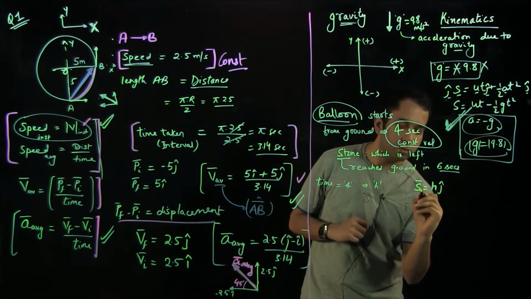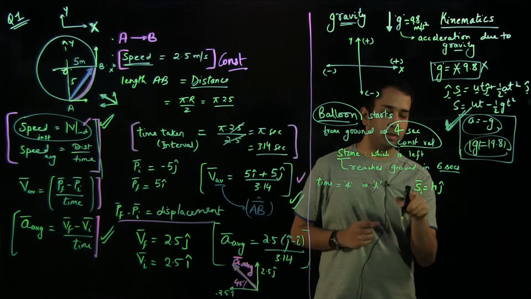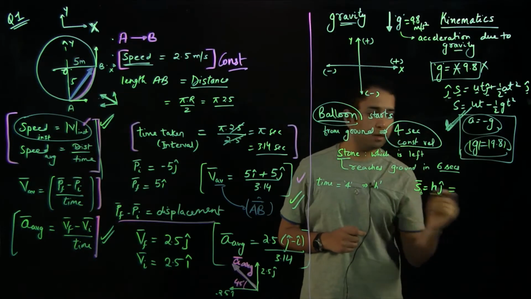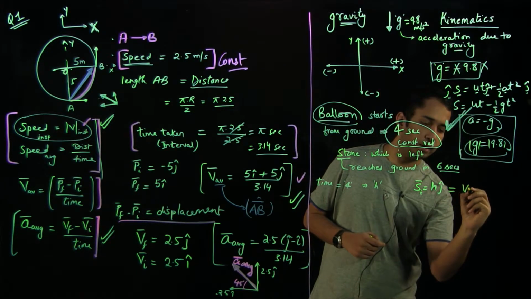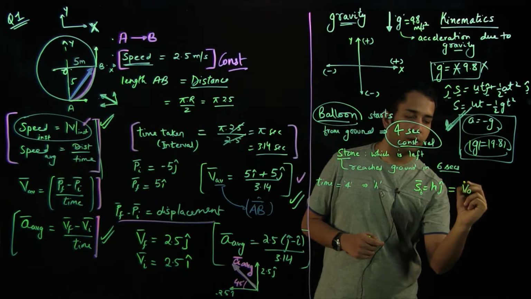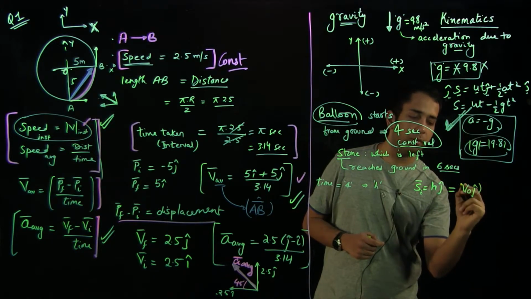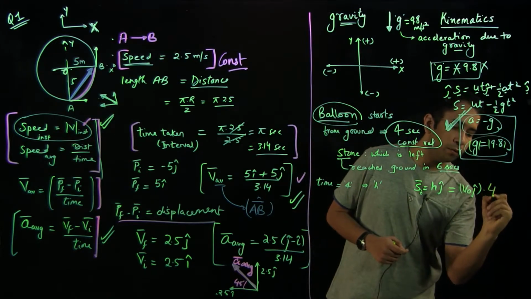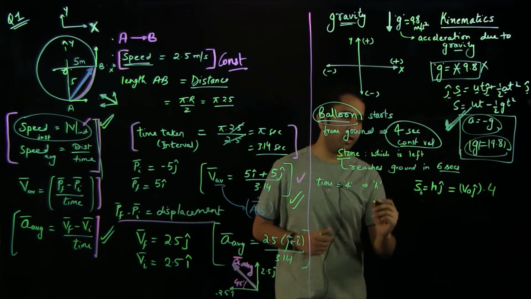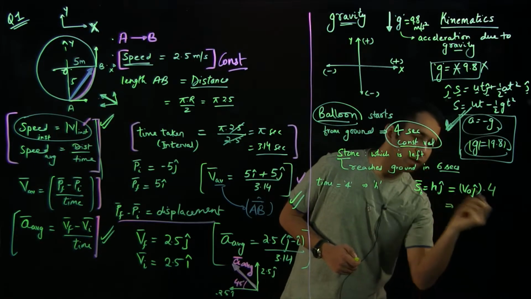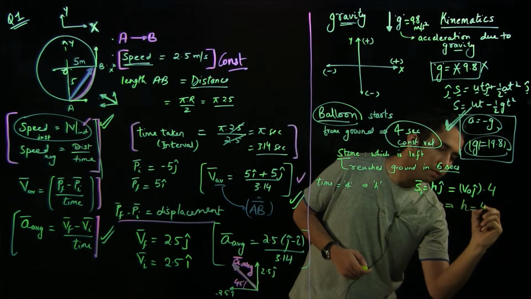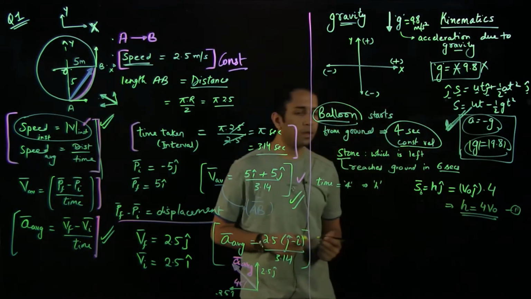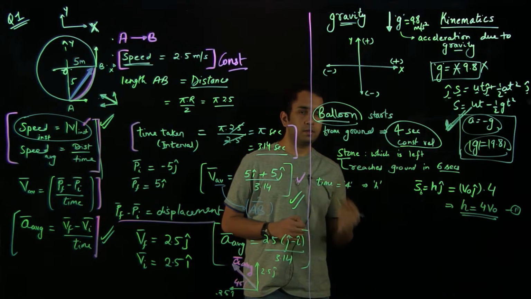So the displacement of the balloon was h j cap, and it should be equal to the velocity, which is constant. Let's say it's v naught, and it would be v naught j cap, because v naught is the magnitude and it's moving in the upward direction, and it moved for 4 seconds. So we have one equation, and I can remove the j cap because that's the only variable we are considering. This is the first equation which we got. The second equation